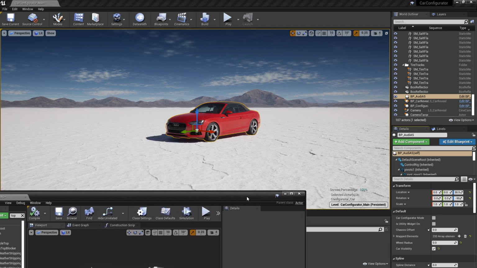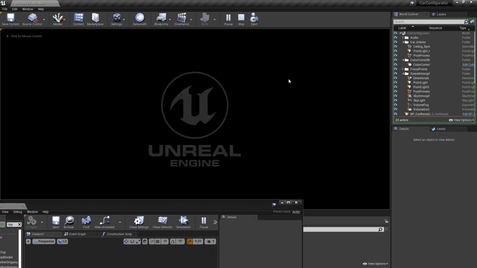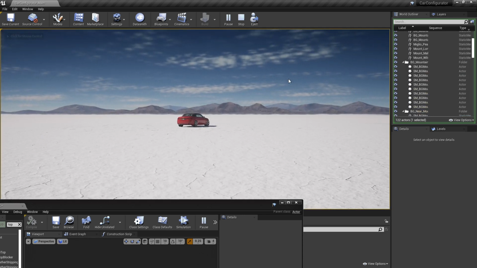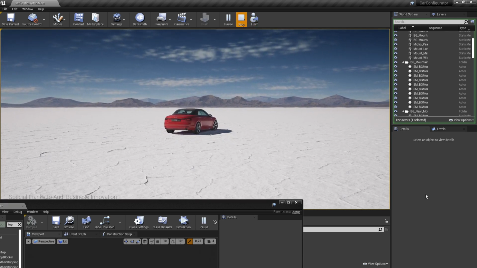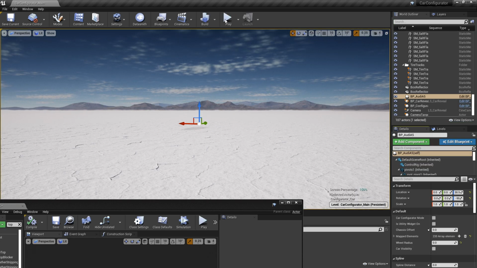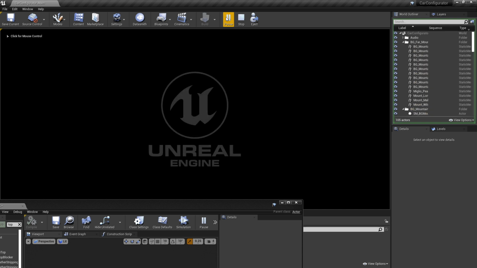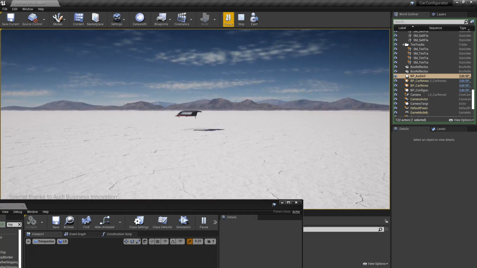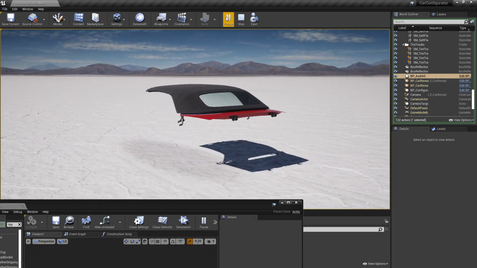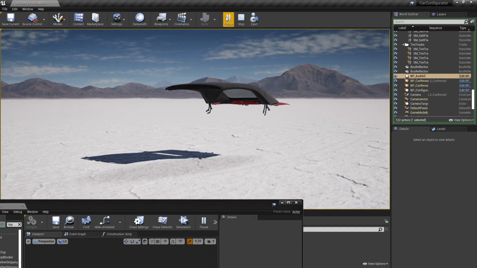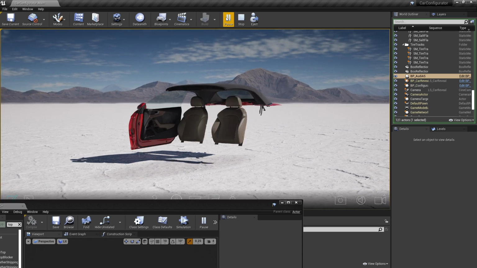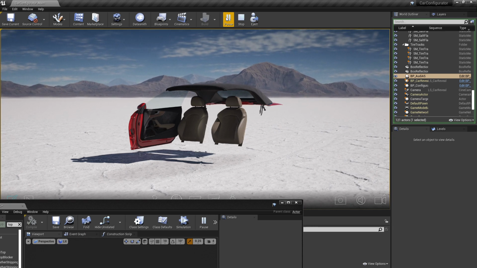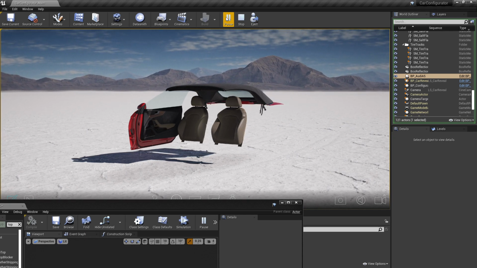So let's go ahead and play this back. Now notice what happens when I play it back. You're going to immediately see some issues. Actually, let's stop that and turn that off and then hit play. All right, so the car's not visible, but the top is. And when it comes to a rest spot here, you're going to see as soon as that UI came on, the seats popped on and the car door popped on. So what that's telling me is something is dynamically changing that visibility attribute.